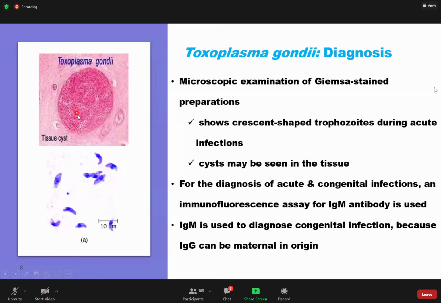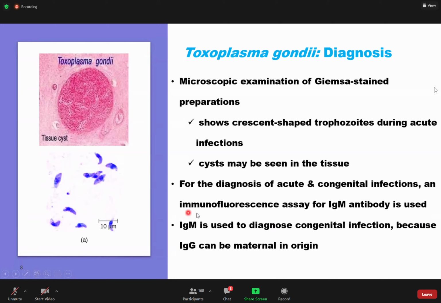Within this, you have the bradyzoites. The bradyzoites are the form of the parasite that is not actively dividing. They are viable, that means they are alive, but the immune system prevents them from replicating. Okay? Now, for the diagnosis of acute and congenital infection, so that's in the baby, we can perform an immunofluorescence